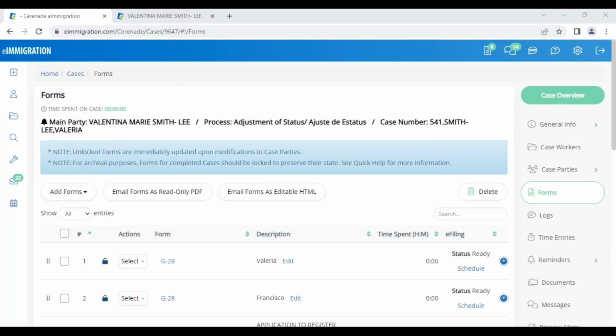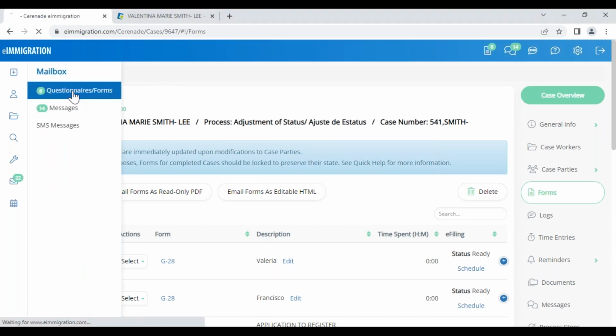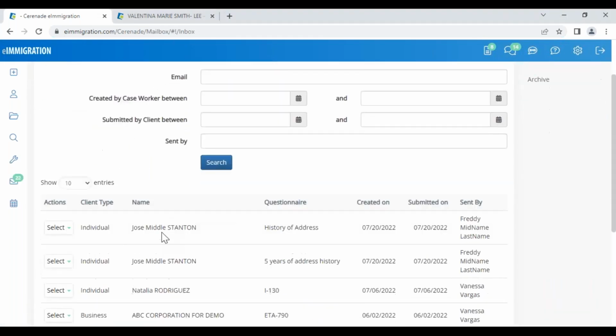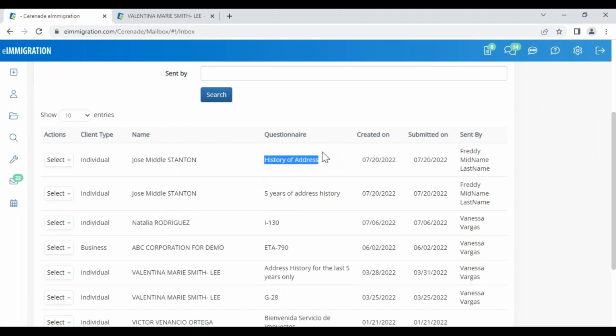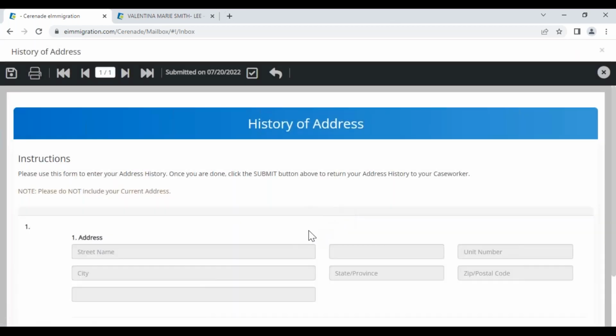What is going to happen if I reject the form or the questionnaire, you mean, right? If I reject it, what happens is, let's go back to the mailbox. So the question being asked is regarding, let's say this one, history of address. So we got this questionnaire and I open it and I see that he didn't enter data. He's missing information. So when you click reject or send it back to the client instead of accepting it, you